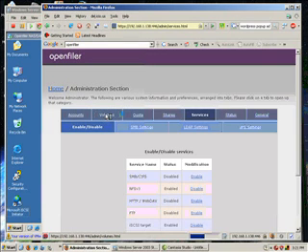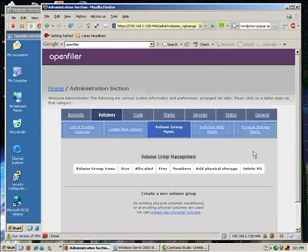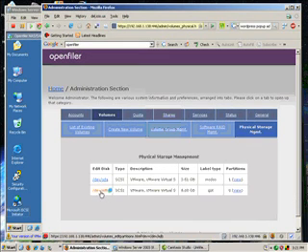So I'm going to go over to volumes, and the first thing that we need to do is configure the physical storage volume. So I'm going over to physical storage management, and dev SDB is the device that I want to use as the iSCSI target. SDA is actually the root file system where Openfiler is installed, so you want to stay away from that guy. SDB was an additional virtual disk that I added, so I'm going to click on dev SDB to edit the disk and add a partition to it,